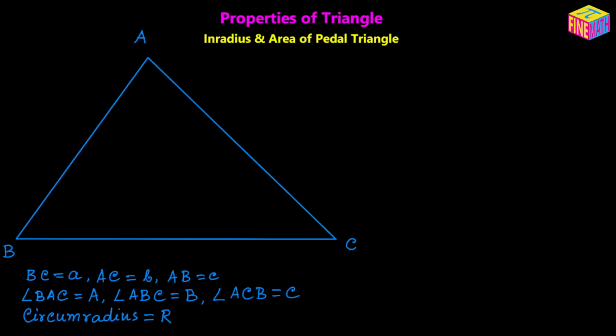Hi everyone, in this video we are going to discuss how to calculate the inradius and the area of the pedal triangle of an original triangle. Let's suppose we have a triangle like this, triangle ABC, where the side length BC is denoted by lowercase a